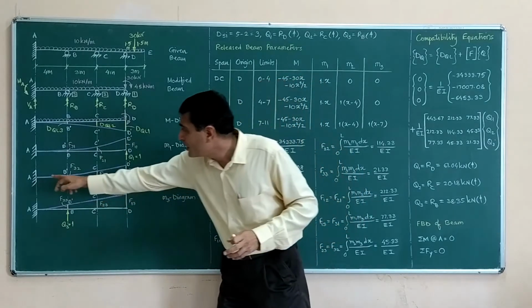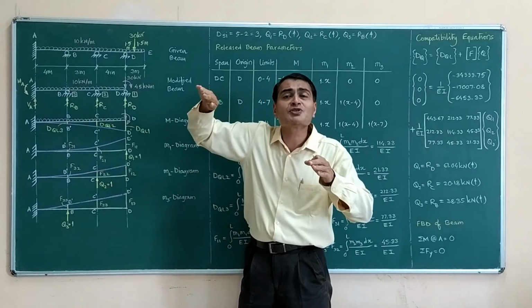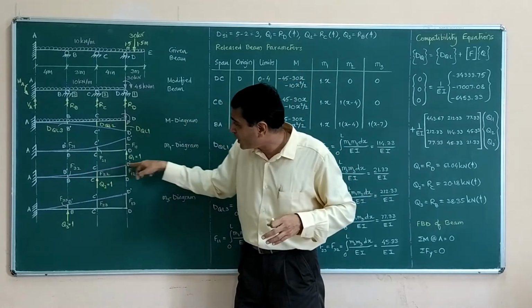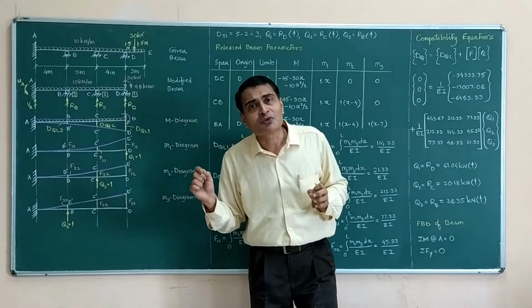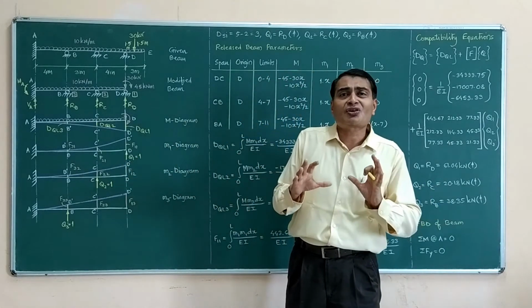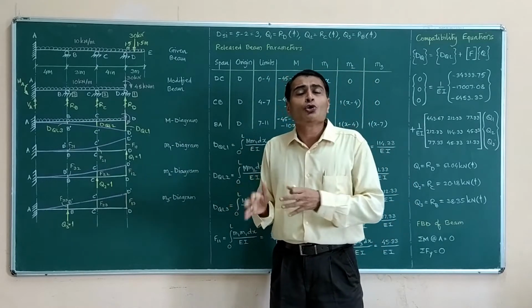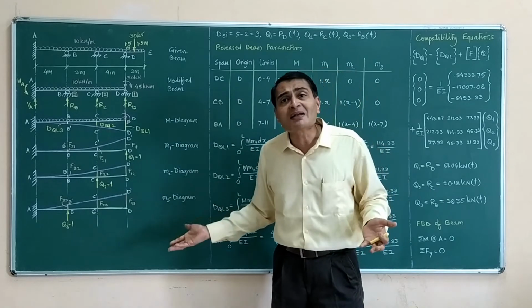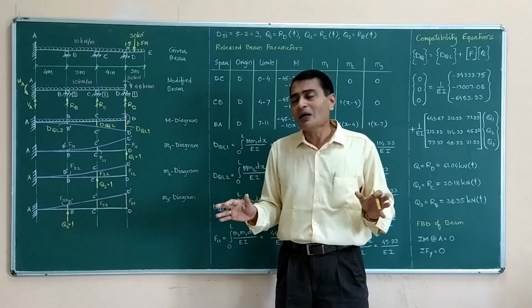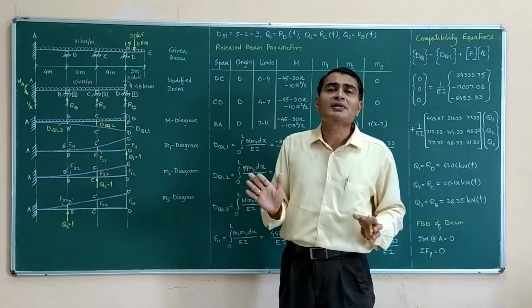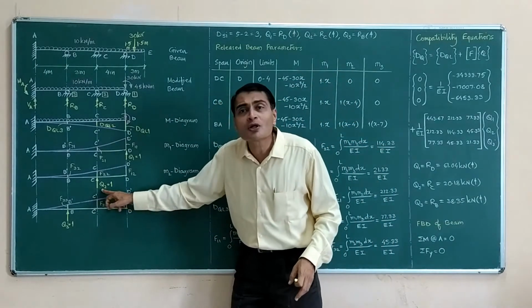What have I shown? A to B prime to C prime, there is a curvature, there is bending, and then C prime to D prime, I have tried to draw a straight line. So we are just trying to be as perfect as possible in our work. You may say that where does it matter in our calculation? It doesn't matter. However, I am just trying to portray the realistic picture that if you apply unit load here,